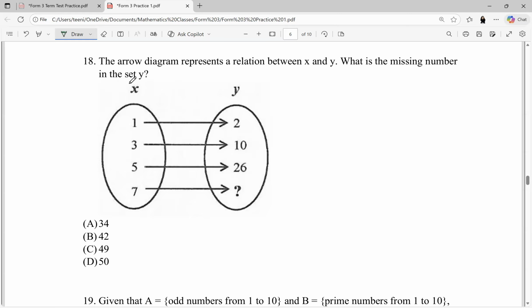So the relationship, if I were to write it in the form of an equation, I would say y is equal to x squared plus 1. And let me show you. When x is 1, y is 2 because 1 squared plus 1 is 2. When x is 3, y would be 3 squared plus 1, which is 10. When x is 5, y was 5 squared plus 1, which is 26. So then, when x is 7, y would be